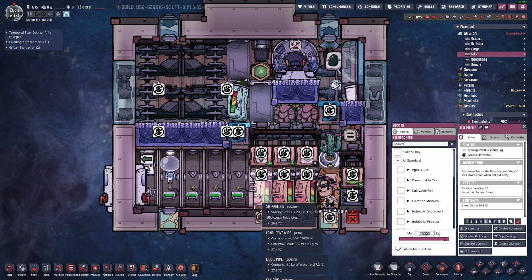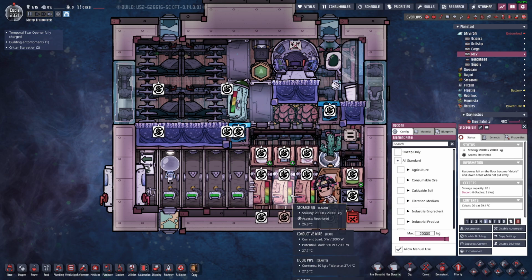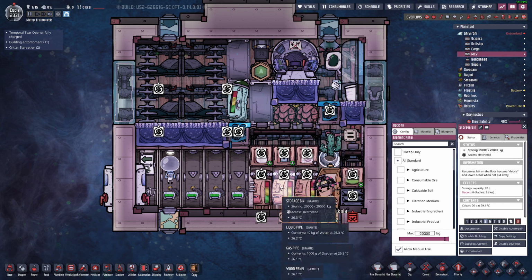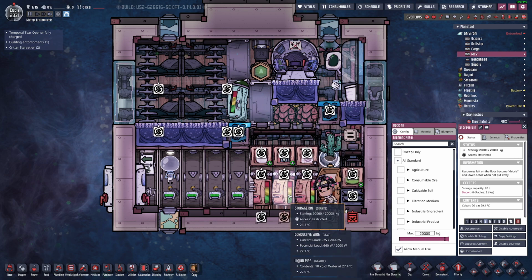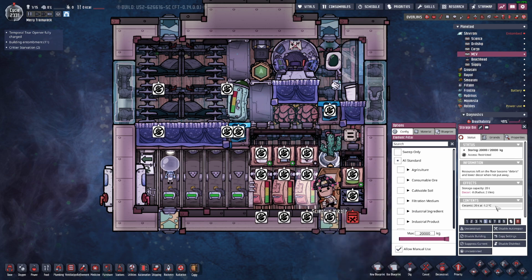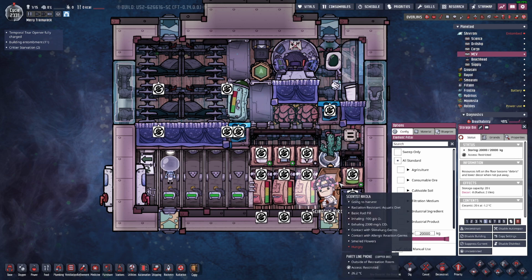A word on the substances I'm carrying. I'm carrying steel, cobalt, which is basically just any refined, highly conductive metal. So either cobalt or aluminum in this one. And this one right now is carrying ceramic because I'm in late game, but in earlier game, it would carry igneous. Just be wary of where you're pulling the igneous from, because if you're pulling it near a magma biome